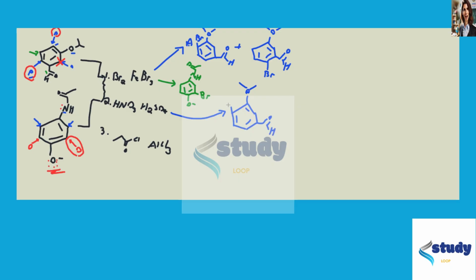One being NO2, one being the ortho-derived product, and an isomer being the para-derived